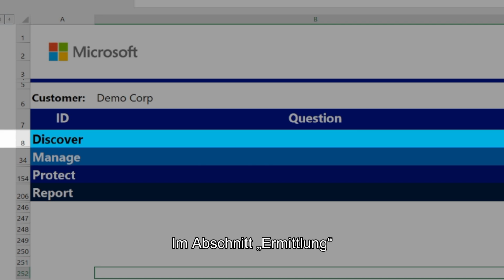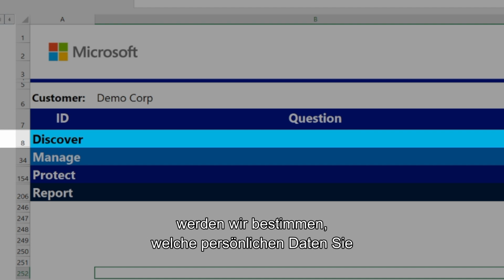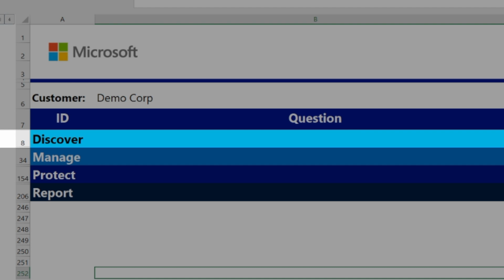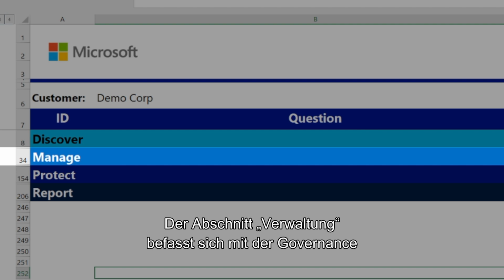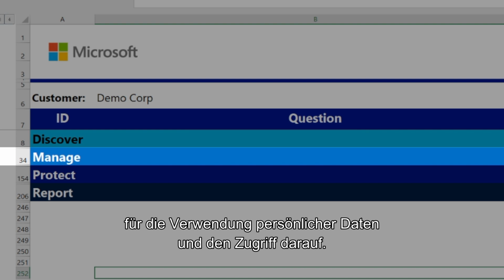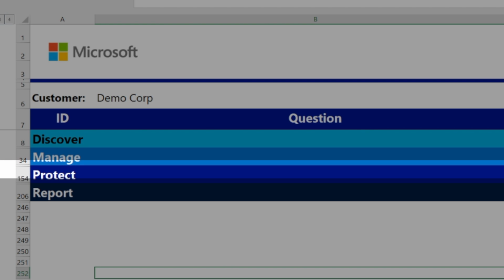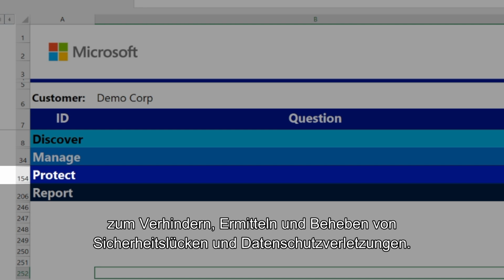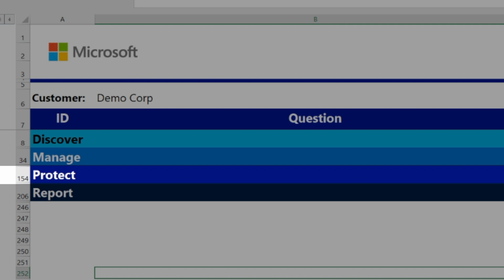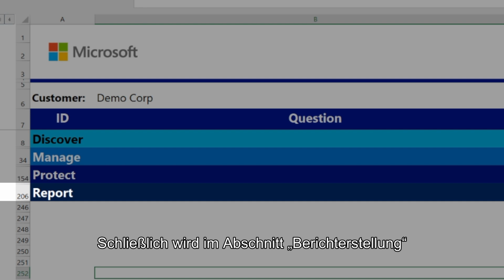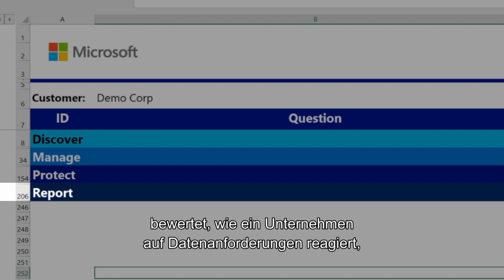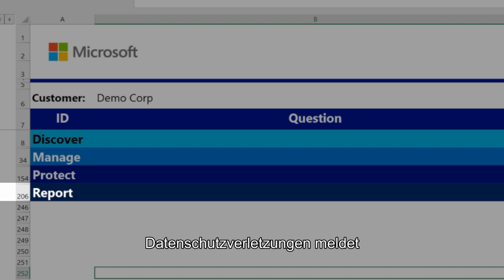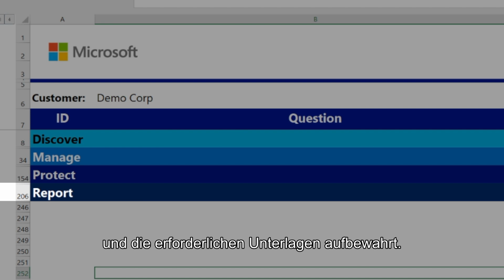In the discover section, we will identify what personal data you have and where it resides. The manage part looks at the governance of how personal data is used and accessed. The protect area assesses the establishment of security controls to prevent, detect, and respond to vulnerabilities and data breaches. And lastly, the report part assesses how an organization executes on data requests, reports data breaches, and keeps the required